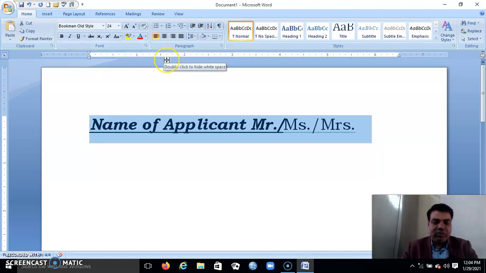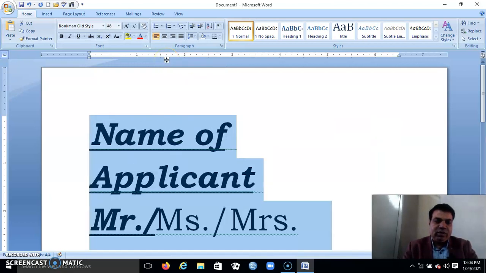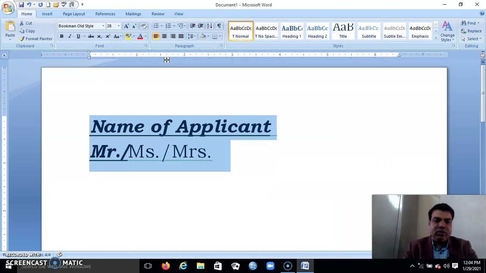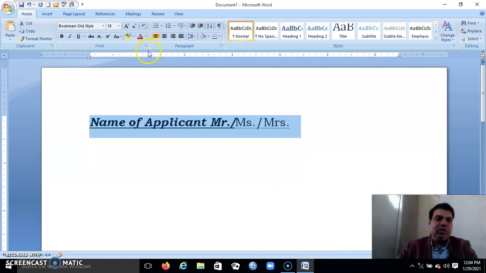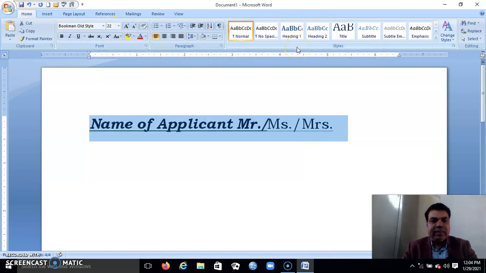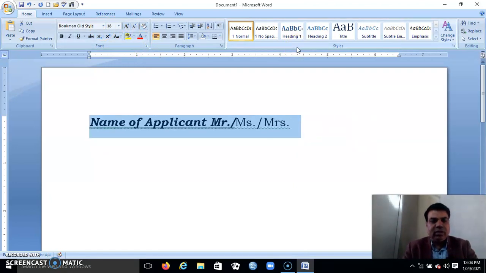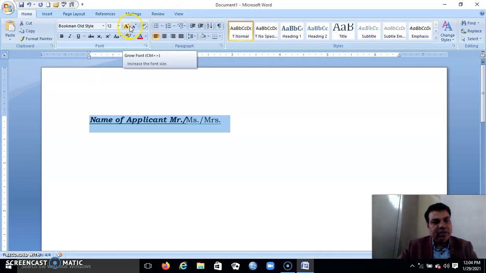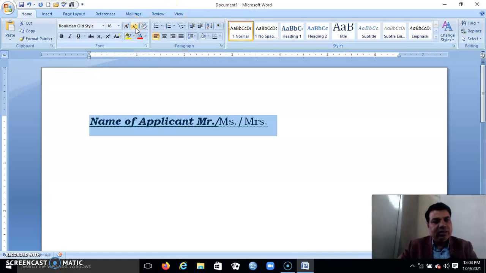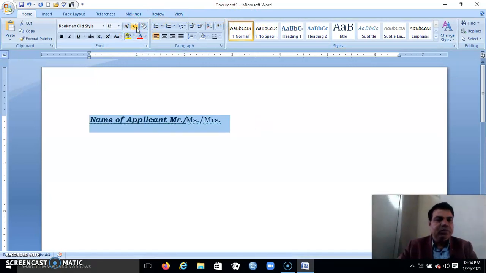I am just doing it with the keyboard, Control and grow. Yes, this font is growing, and less than to make it small, means decrease the font. You can see this is decreasing. I am increasing, okay, and it is decreasing now. I am decreasing. This is done with the help of the keyboard, but if you want to do it with this, you can click on this, it will increase, click on this, it will decrease.